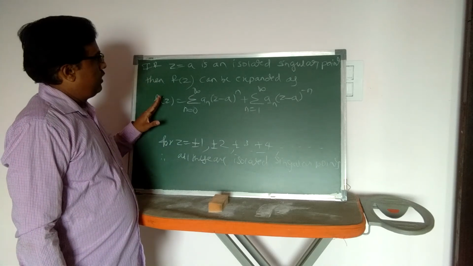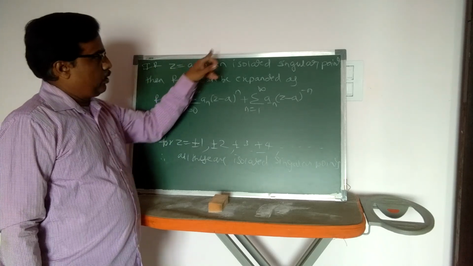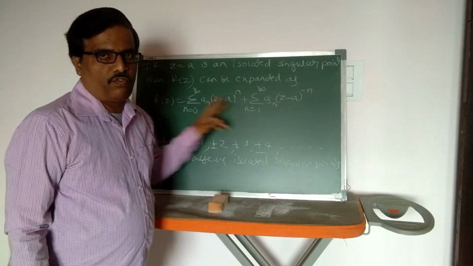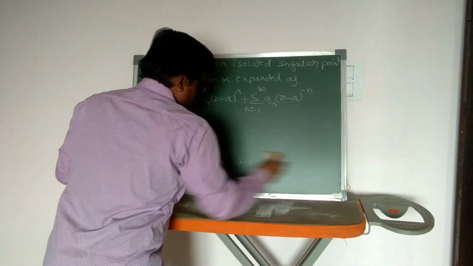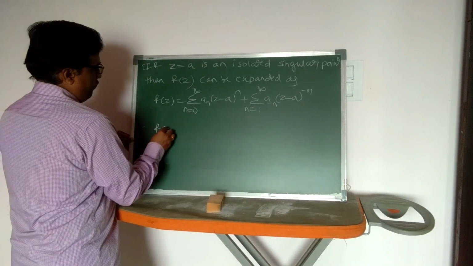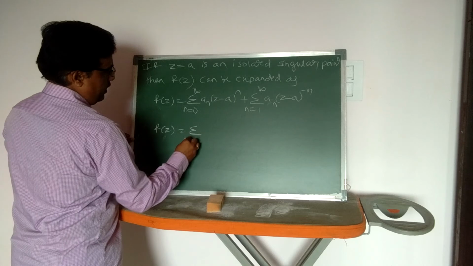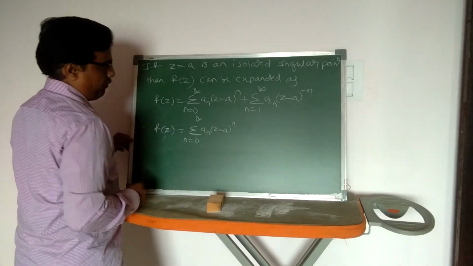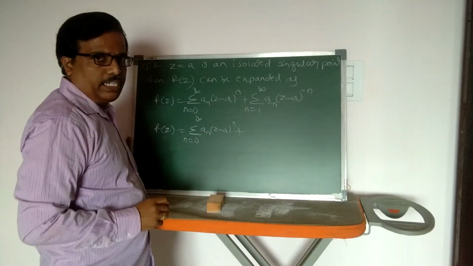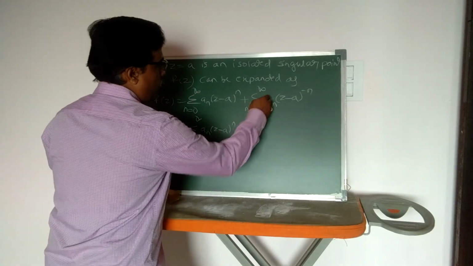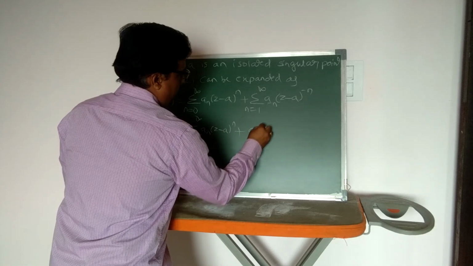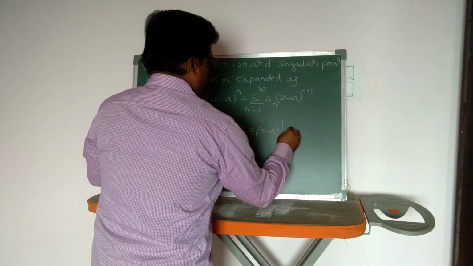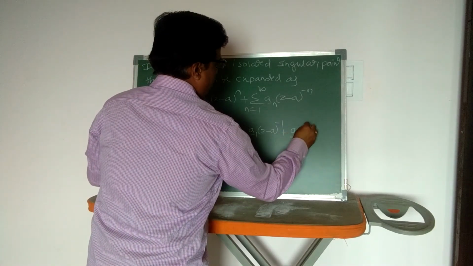So remember that if z is equal to a is an isolated singular point, then only we can expand f of z in this form. Okay, so f of z, the first term as it is, n is equal to 0 to infinity a n z minus a whole to the power n. Now expand this term using n is equal to 1, 2, and so on. So for n is equal to 1, it gives a minus 1 z minus a raised to minus 1. Next plus a minus 2 z minus